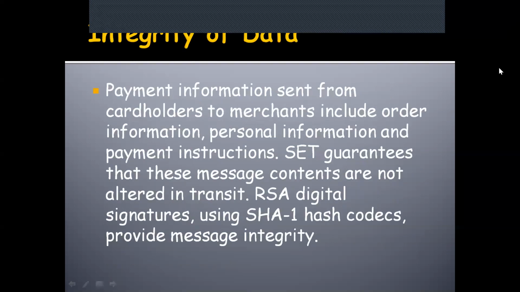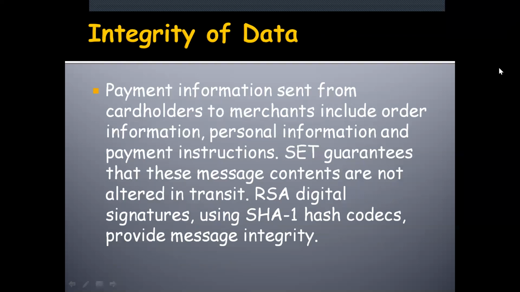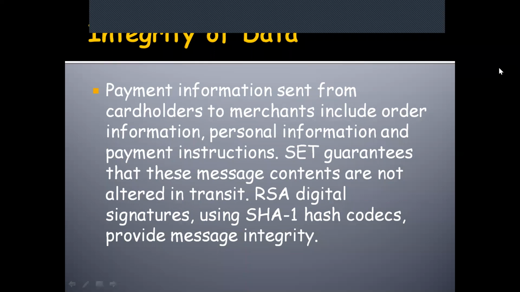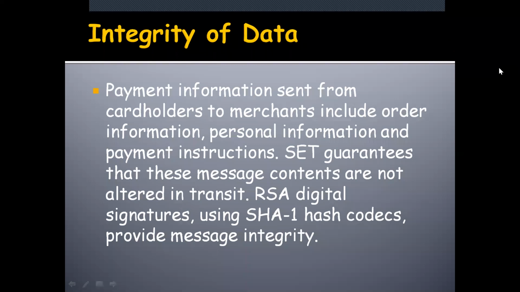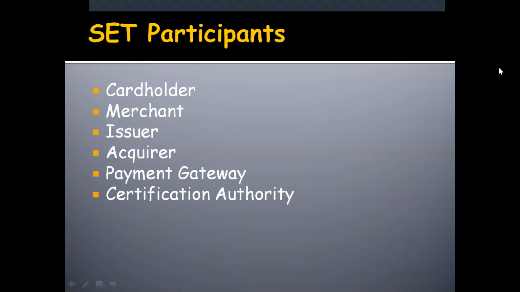Integrity of data means the data should be maintained without change. If nobody changes the data the user is sending, the same data is received by the receiver. That is what we call integrity. How are we going to maintain integrity? There is RSA digital signature, as we studied RSA, which is an asymmetric algorithm, and SHA, which is a hash, a message digest algorithm. Using these, we provide message integrity. So in Secure Electronic Transaction, which we call SET,